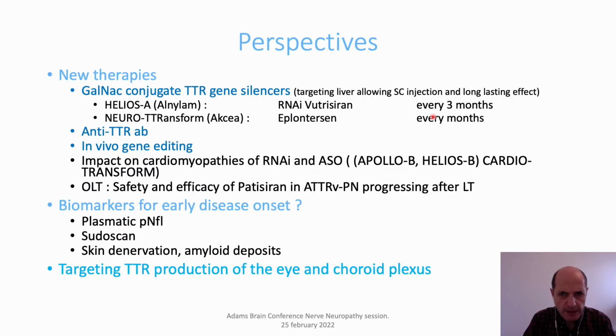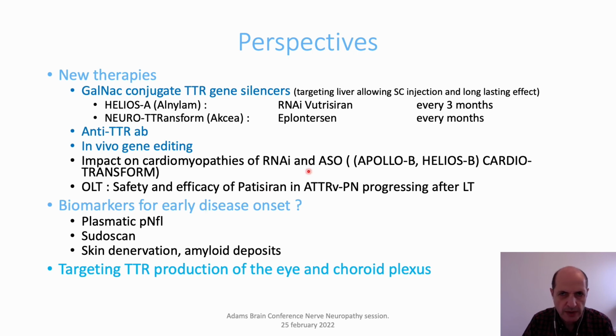There are many perspectives for ATTR amyloidosis. Clinical trials are ongoing to assess a new generation of RNA and ASO formulated with GalNAc, that allows targeting the liver by subcutaneous injection and spacing the injections by 1 to 3 months. There are also ongoing RNA and ASO therapies on amyloid cardiomyopathies. There are new approaches with anti-TTR antibodies or in vivo gene editing. There are also new biomarkers for early onset